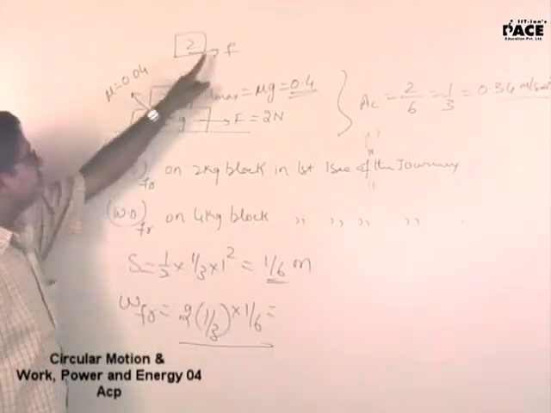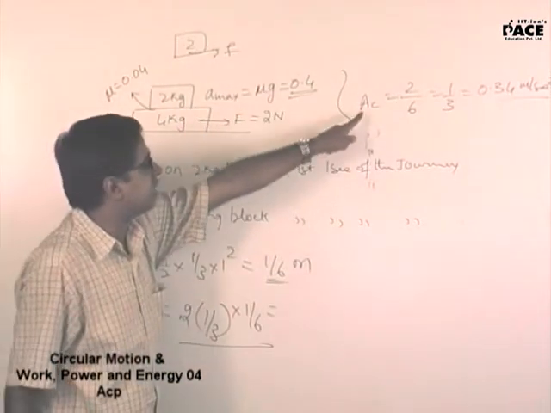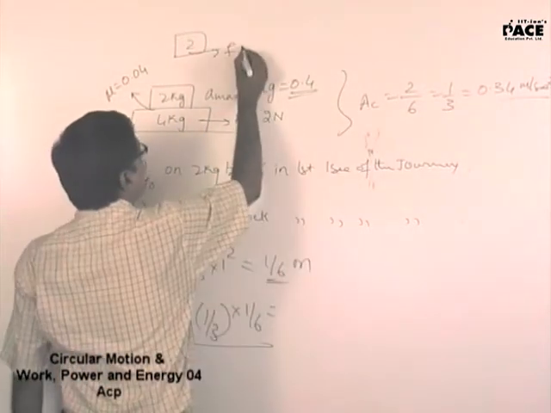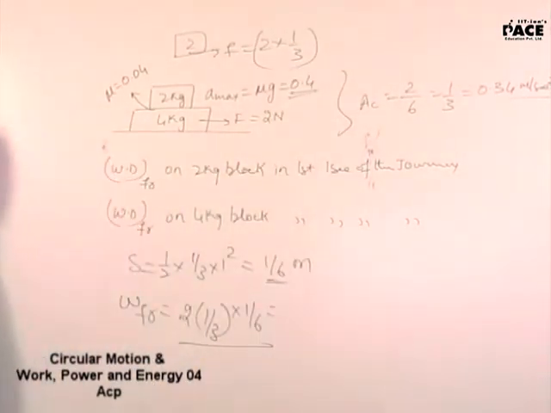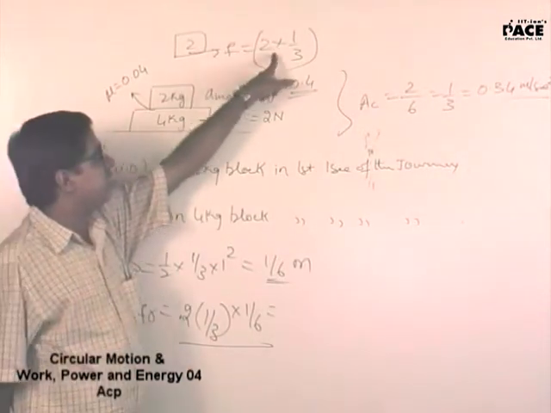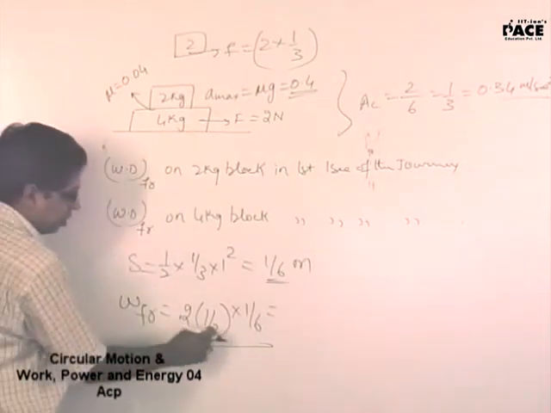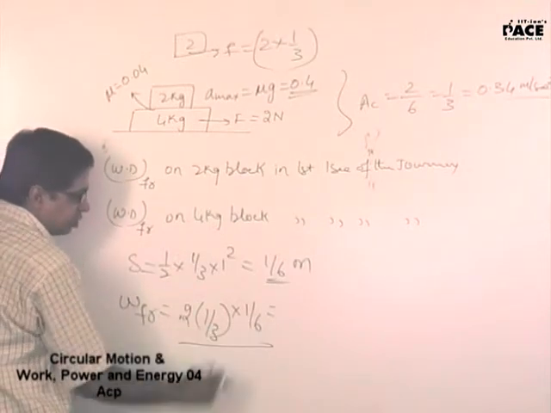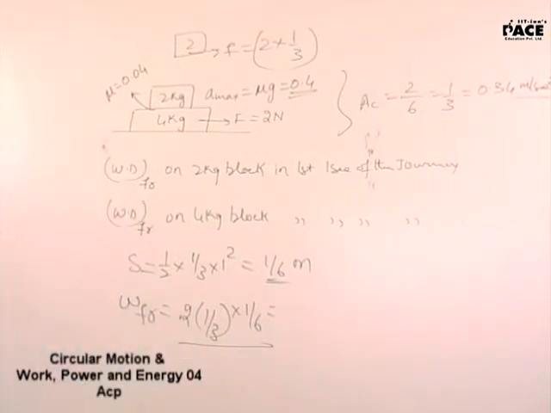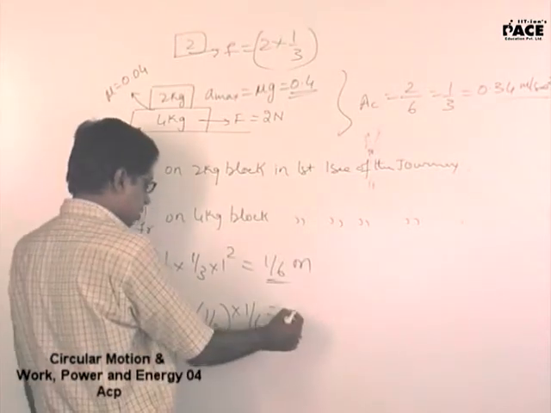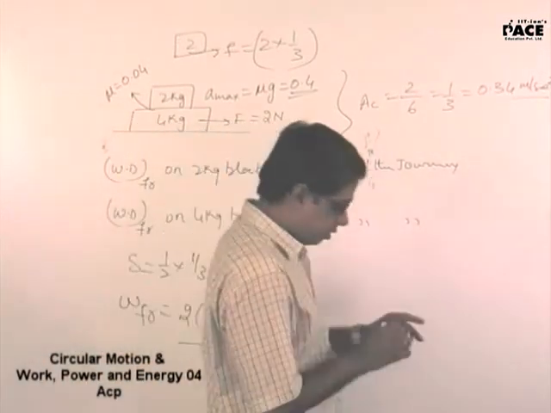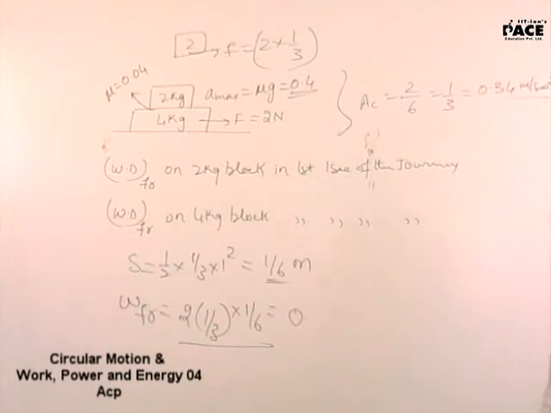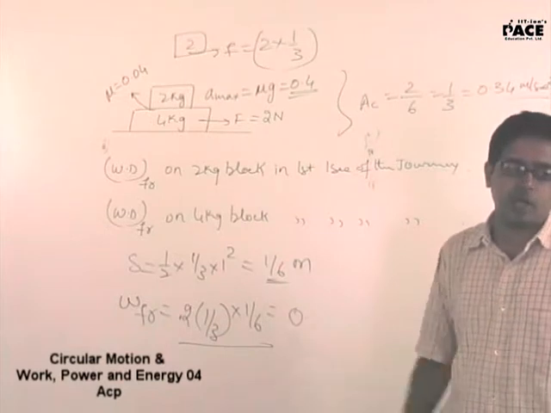Look out. Frictional force acting on it should be equal to give us an acceleration of A common. Frictional force will be 2 into 1 by 3. Frictional force will adjust its value in such a way that it will have an acceleration of 1 by 3. So 2 into 1 by 3, this is the frictional force. Displacement will be 1 by 6. 0.11. How much is this? 0.11. Right. He's absolutely right. Taking mu mg will be wrong, because the 2 kg is not sliding on the 4 kg block.